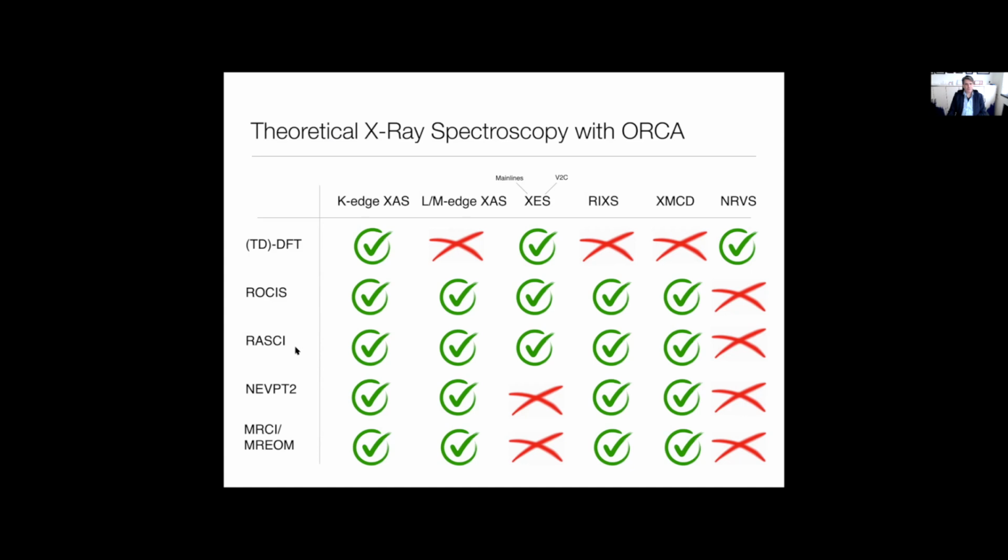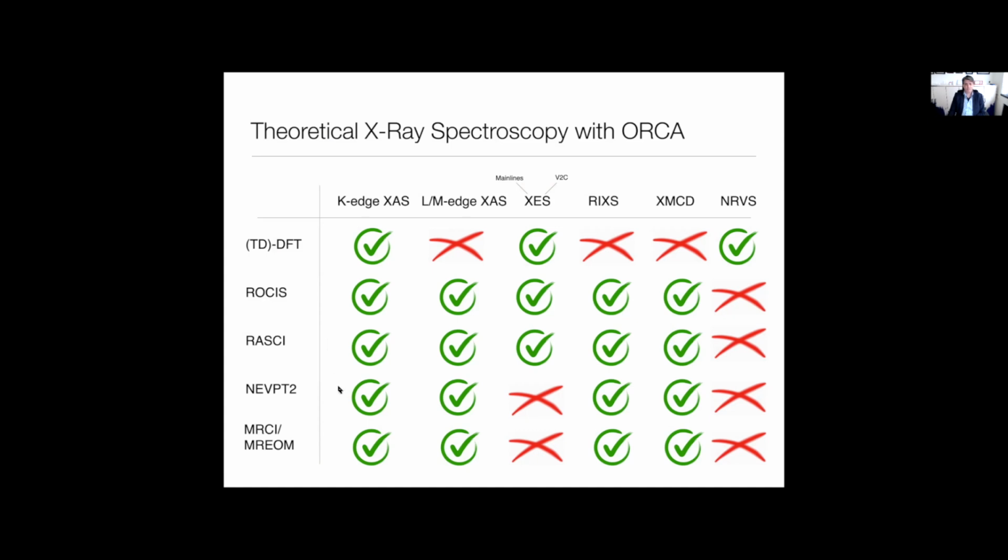And then there are other ab initio wave function based methods. These are all in the so-called multi-reference regime, and the simplest of that is RASCI. RASCI can calculate all of these spectra. It is a limited accuracy tool that, however, is qualitatively correct, and so it's a very, very useful starting point in order to play around, also since these calculations are not computationally expensive.